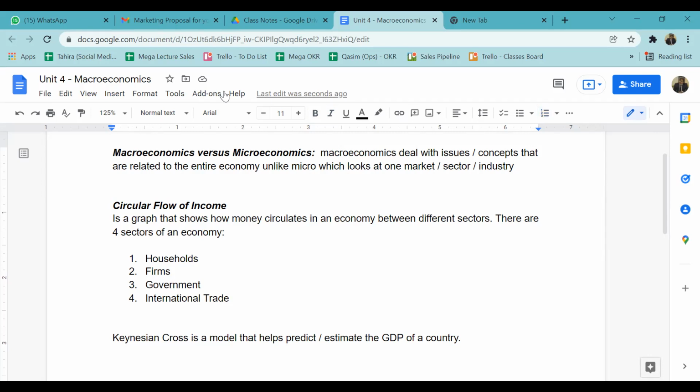Then we said, if you remember, that in AS economics, we know what GDP is, but the way we used to calculate GDP in AS economics was simply on the basis of aggregate demand and aggregate supply, right? So quick recap about this. We learned that the GDP of a country, which is the total value of goods and services produced in an economy, is based on the total demand for goods and services in the economy and total supply, which is aggregate demand and aggregate supply.